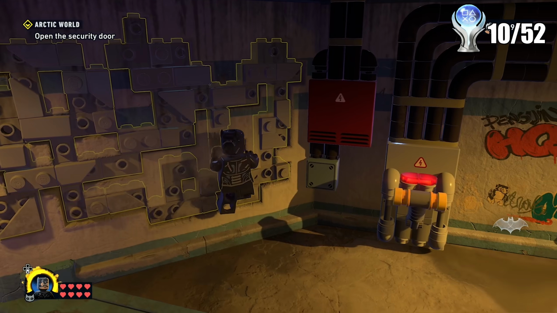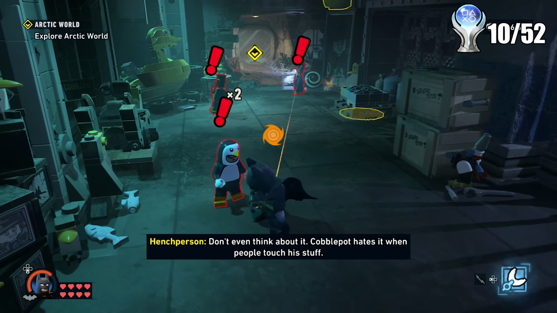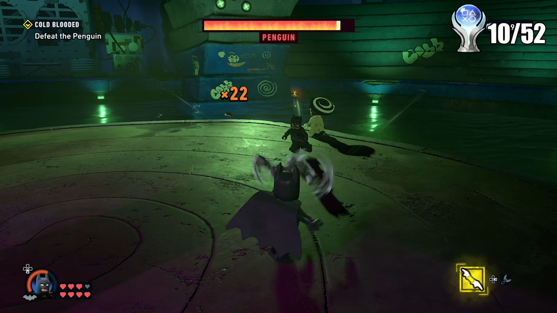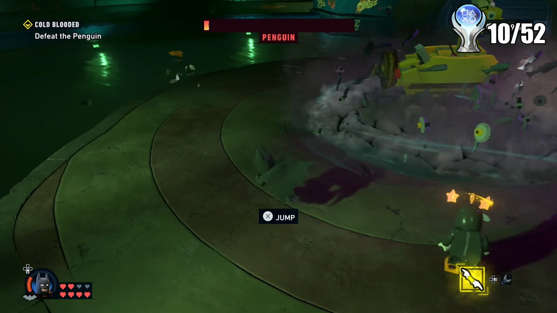But during the level, we just searched for the Penguin the entire time because he is back at being bad once again. Now, finding him took forever, but once we did, the ending of this level was actually very cool. You have a massive boss fight against the Penguin, and it was, or is, probably one of the best fights in a Lego game. All in all, however, we didn't get any trophies from that,